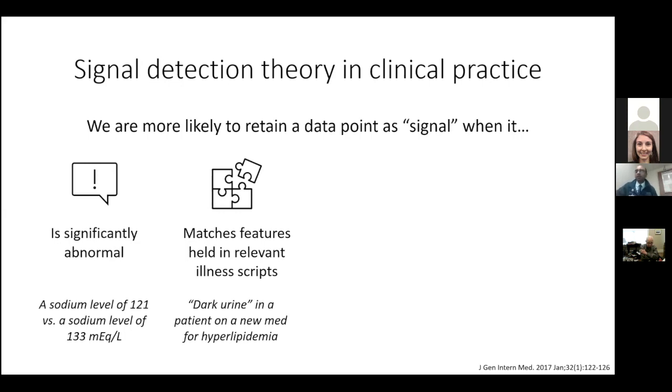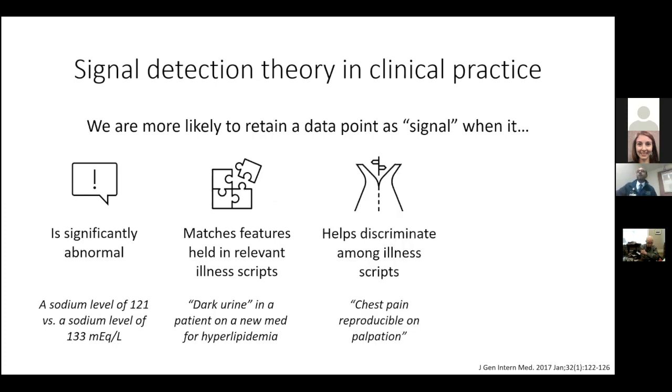But dark urine in a patient on a new medication for hyperlipidemia activates statin myopathy quite quickly, and rhabdomyolysis, and we retain that as signal. We also retain data points that help us discriminate among illness scripts very easily. So chest pain reproducible on palpation very neatly divides causes of chest pain, and so we retain it as a